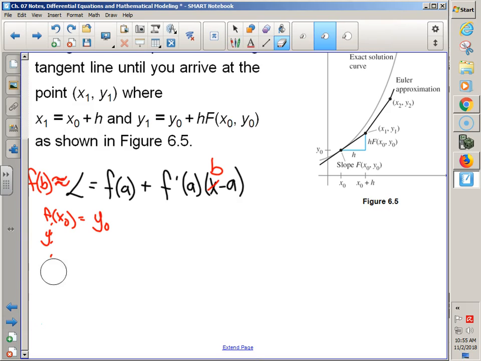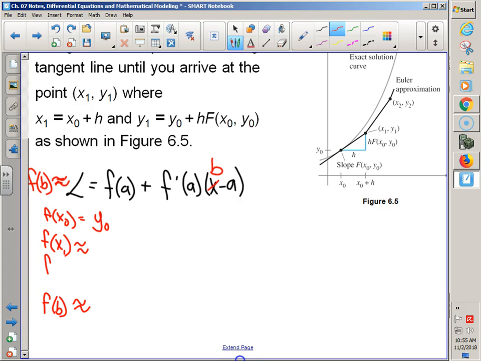You're going to end up at your f of b, approximated by, after you go to your x1 and your x2,